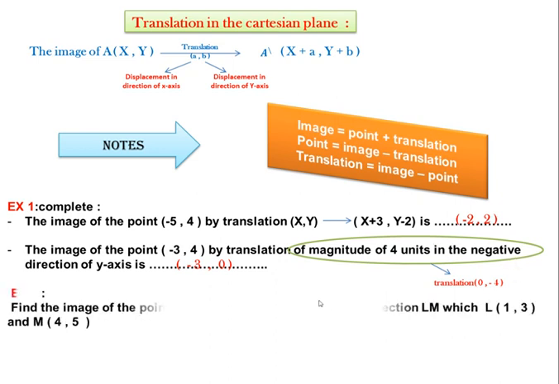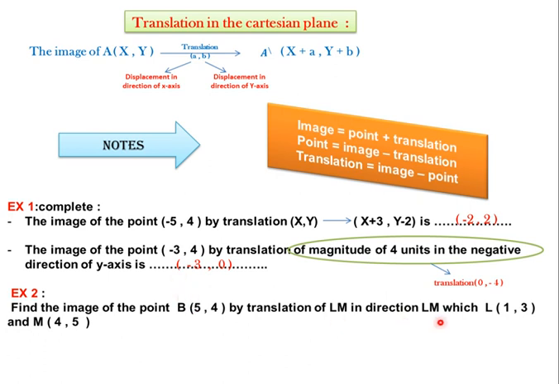Example number 2: find the image of the point B (5, 4) by translation of M in direction LM, where L equals (1, 3) and M is (4, 5). At first we must get that translation. How do we get the translation? The translation is the direction from L